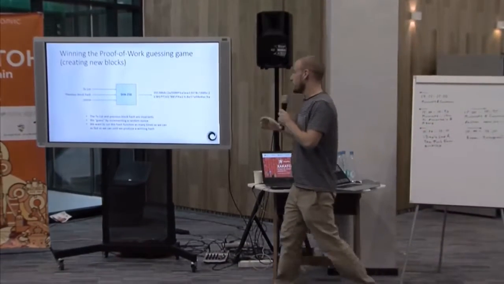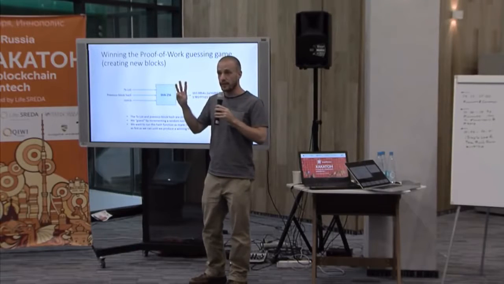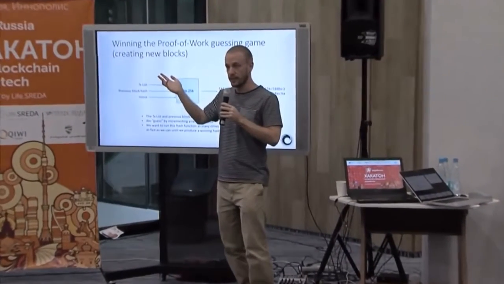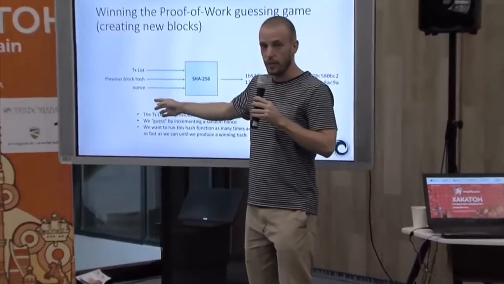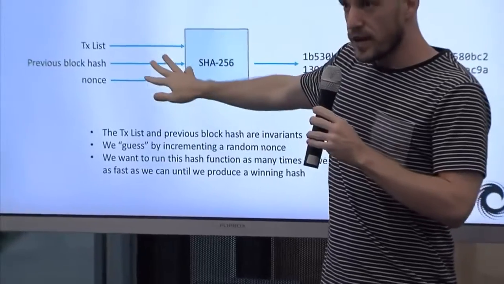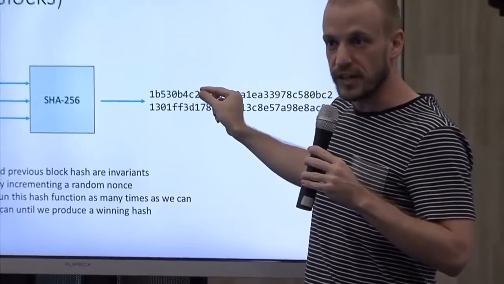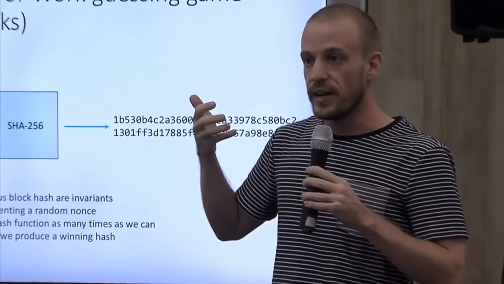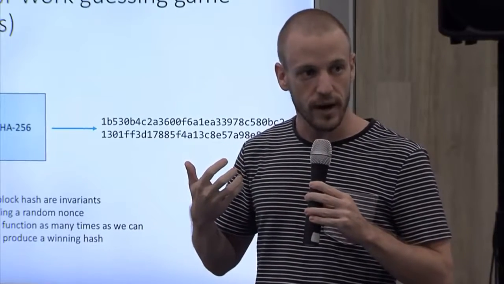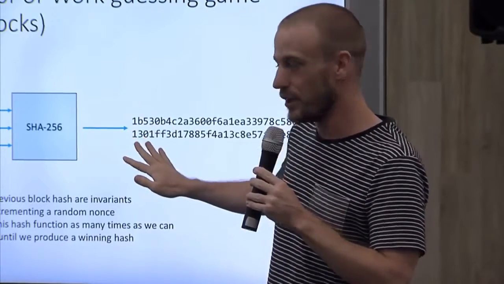But what you need to know right now is that the inputs to this guessing game, the answers that we provide to the guessing game, consist of three things: a list of transactions, a hash of the previous answer, and this thing called a nonce. A nonce is a number used once. It's just a random number, right? So basically, we are providing these three inputs to a hashing function, and we're trying to get out a hash that has a certain number of leading zeros. So the network is going to agree that the guessing game we're playing has a certain difficulty. That difficulty is defined by how many leading zeros are required in the output of this hashing function. So this would not be a winning answer because it has no leading zeros, right?